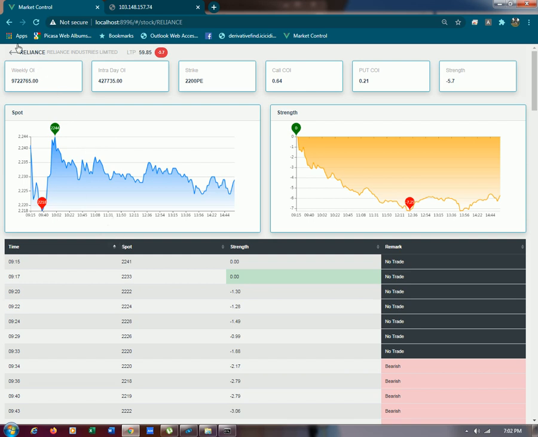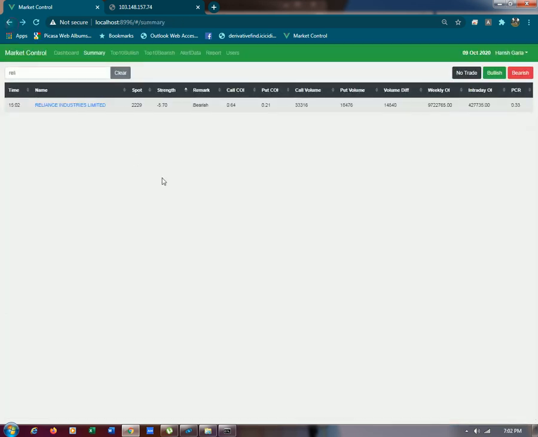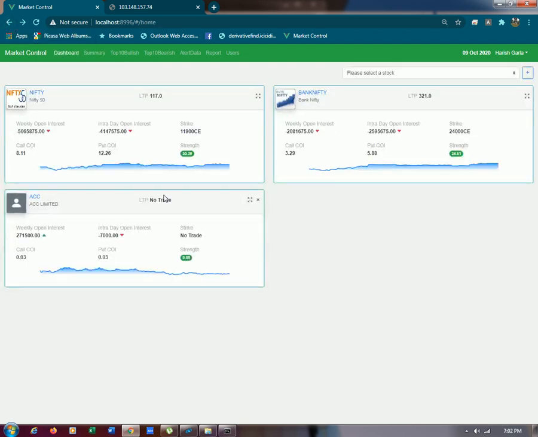This is our system, and I wish all the best to all our members who joined this trial, and I hope the system will satisfy you. And I don't say that this is a 100% sure system, but definitely it will guide you properly in the market, and it will reduce the loss and safeguard your principal. And if you play with discipline, definitely it will protect the capital of our members.